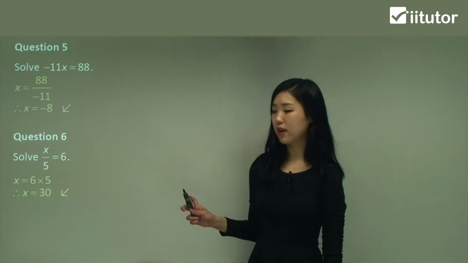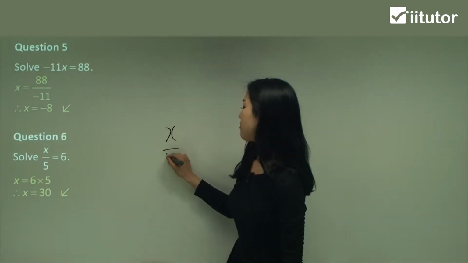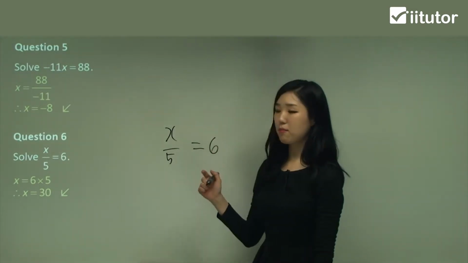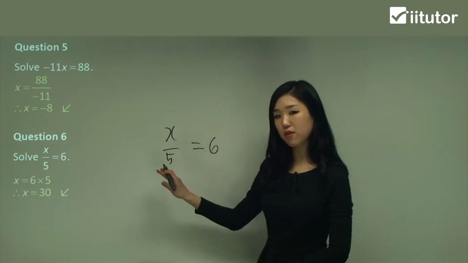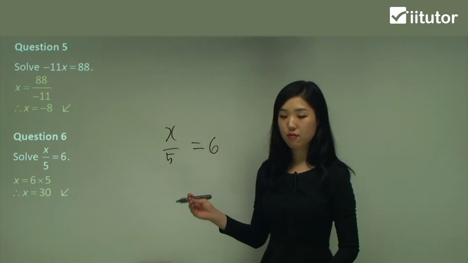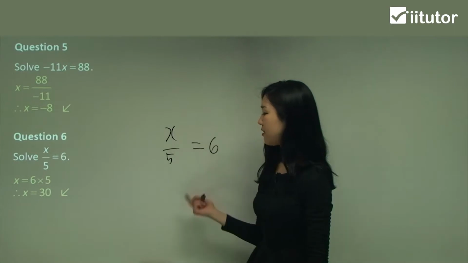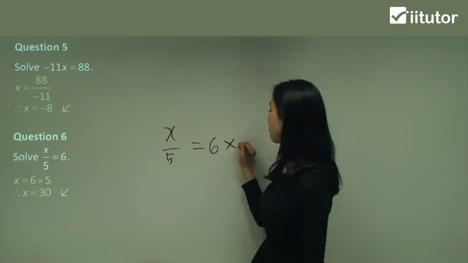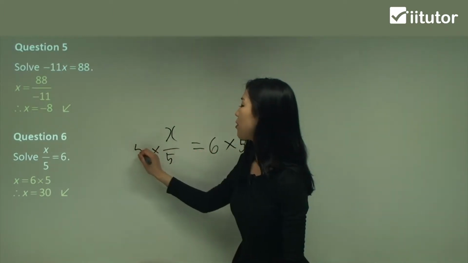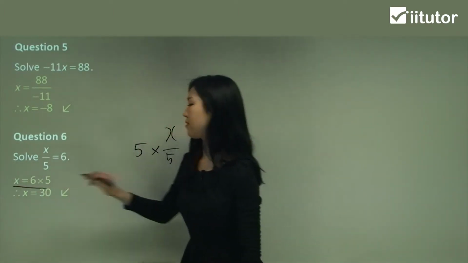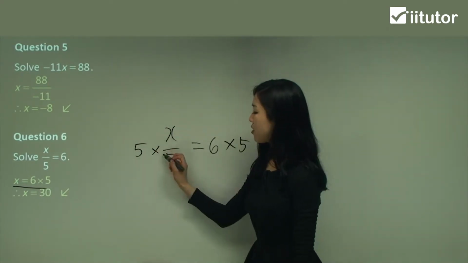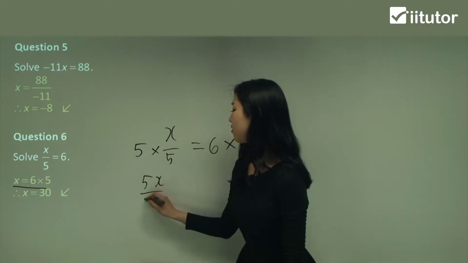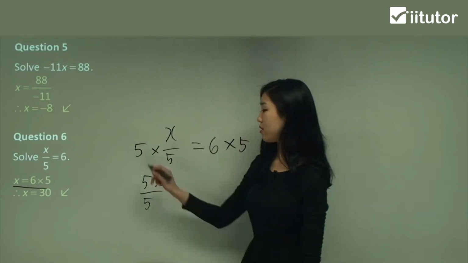And I'll show you one more thing here, guys. x divided by 5 is 6. I'll probably also say because we're dividing by 5, let's multiply by 5 to get rid of that 5 over there. Now getting rid of that 5 is not just the idea of moving the 5 onto the other side. We're multiplying by 5 on both sides. That's how we get this. Because have a look, 5 times x on 5. This is 5x on 5, isn't it? Yeah, because when we multiply something to a